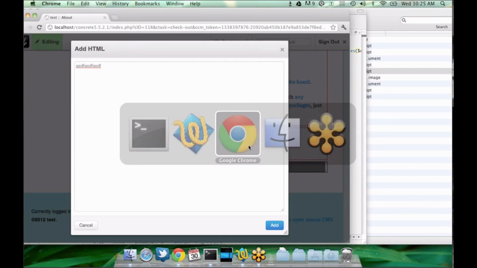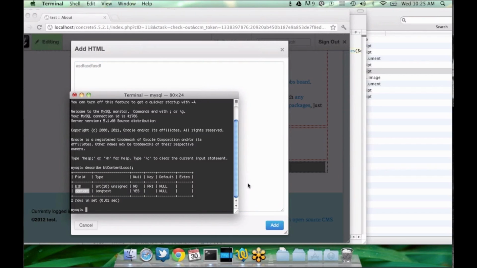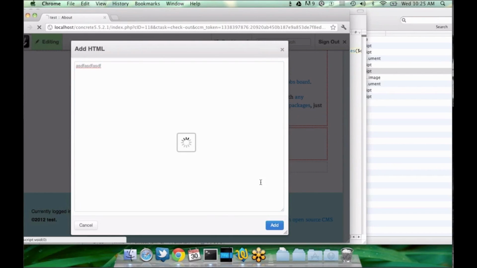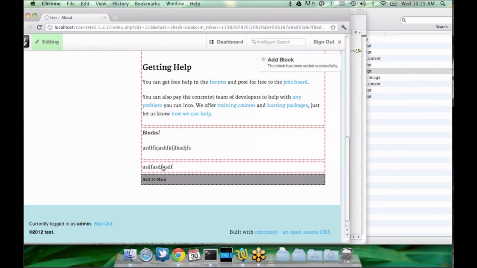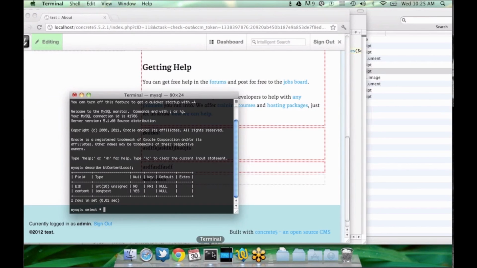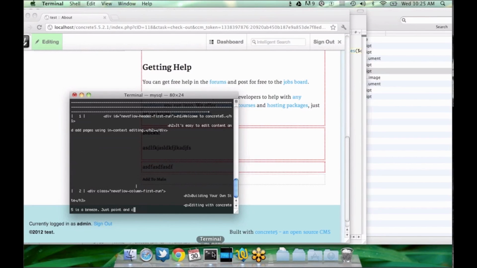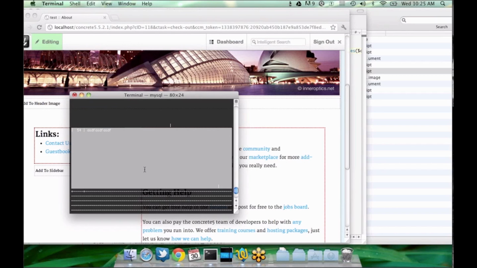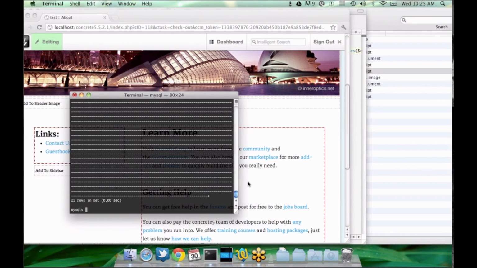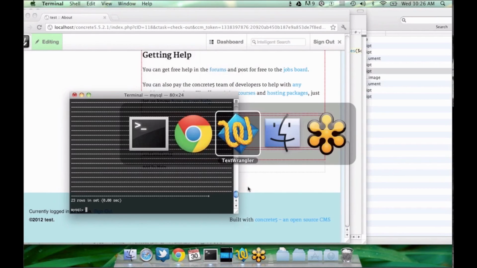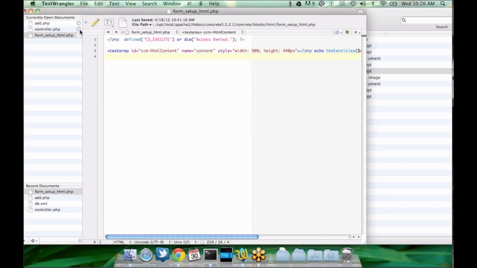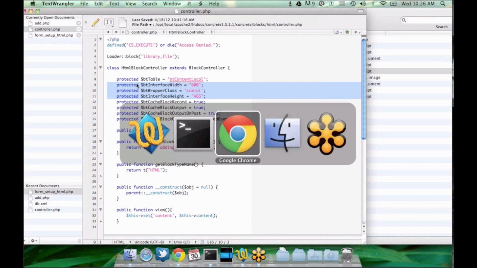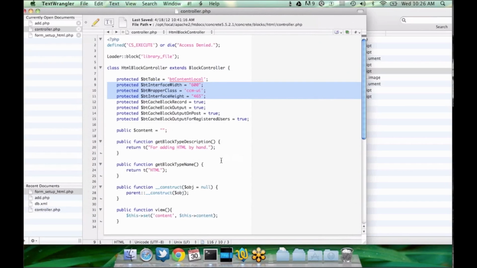So we name that text area content, and we click add, and it automatically puts the content in BT content local the way that it should. So you can see this column is the block that I just added. And how does it do that? So when I submit the form for adding,